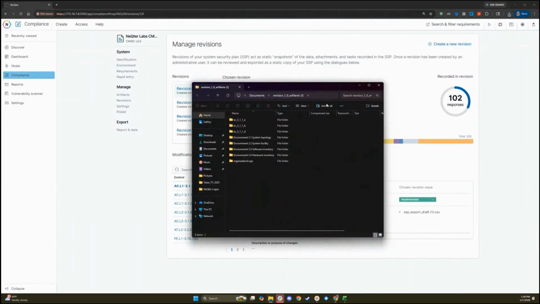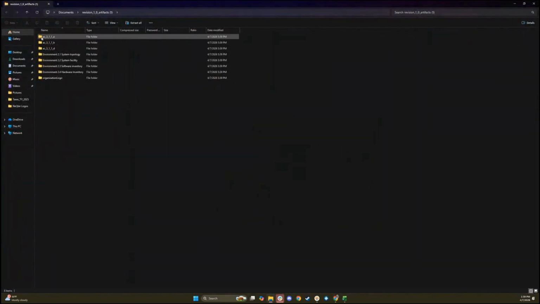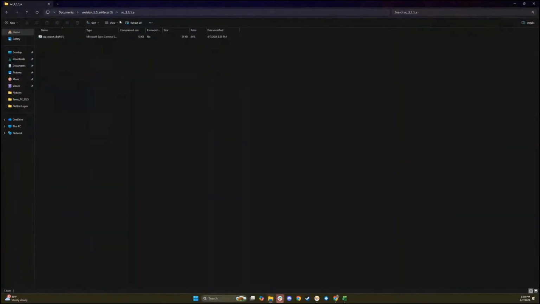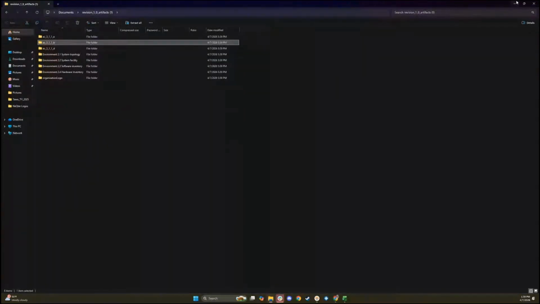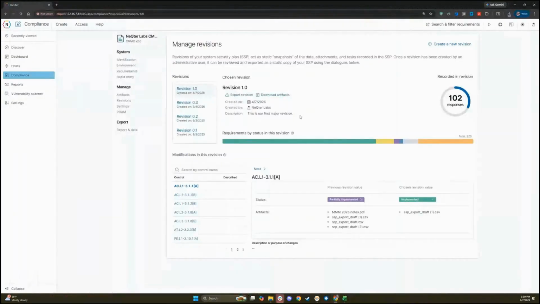So what this is going to do now is organize and list out specifically the artifacts for each AO. That is how it is organized, and the sections as well, the environmental sections it's organized under. So we click into 311A, 311B, so there's a bit of redundancy here, but that's where they're all attached. So they'll all be listed out in here, and this is how it is organized in that compressed zip export. And the nice thing is, of course, every time I commit a revision, the version of the artifacts underneath each revision is zipped up and stored in perpetuity,